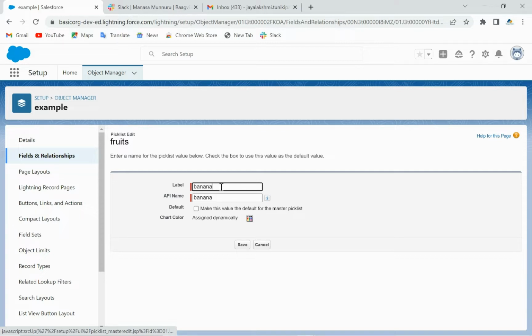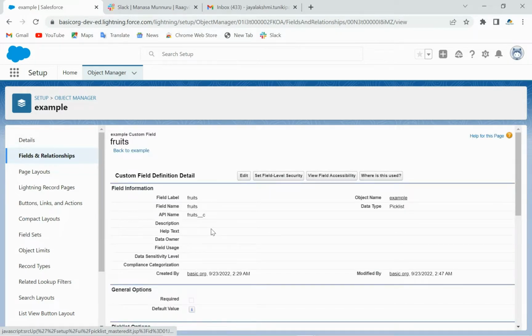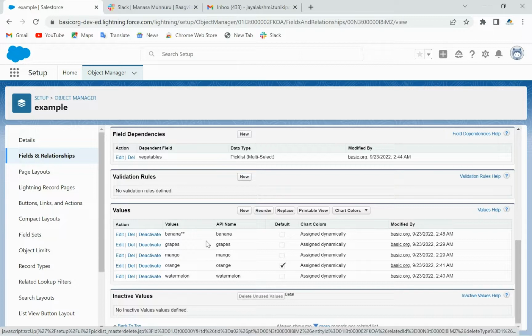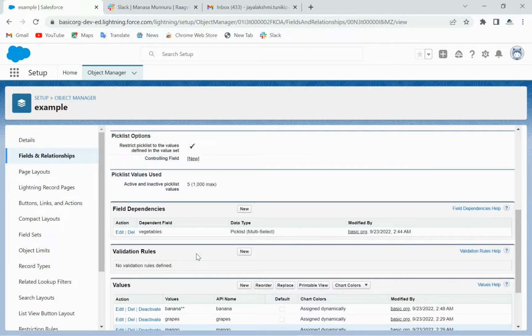If we want to change this label name, just put double star. Yes, now banana will become banana double star, and we can save it. Now you can find the edited value, banana double star, here. This can also be done. And one more,